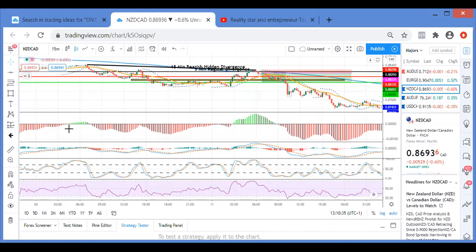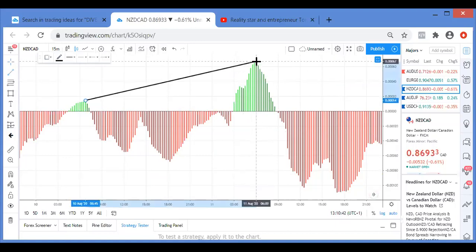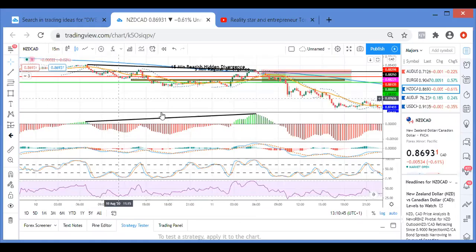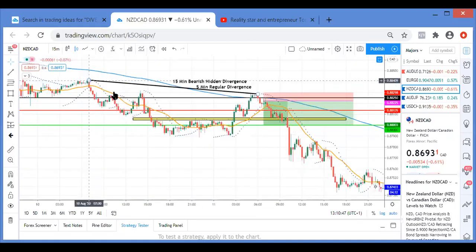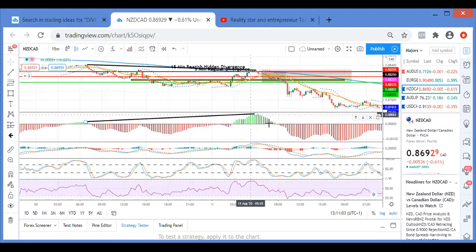So look, let me just connect it for you guys. The highest point on the market is going up, obviously it's blatant to see. And here on my MACD, it's going down. So now we have the fact that the market is below the 200 moving average. We have the fact that we have hidden divergence, and we know that because it's going up here on the market, but on my MACD it's going downwards. You always want the second high or the second low to be lower or higher than the first one, not on the chart but on your MACD.